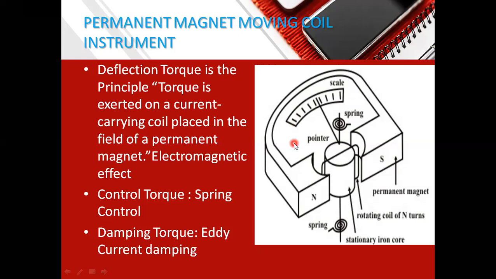Electromagnetic effect is used for production of deflecting torque in permanent magnet moving coil instrument. And the controlling torque is produced by spring control. Damping torque is produced by eddy current damping. Now, having heard the recap of constructional details and torque details of permanent magnet moving coil instrument, let us proceed further,